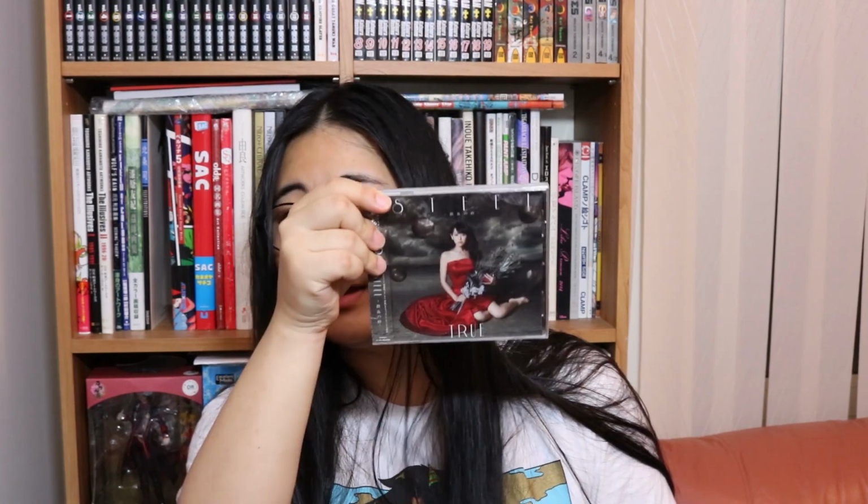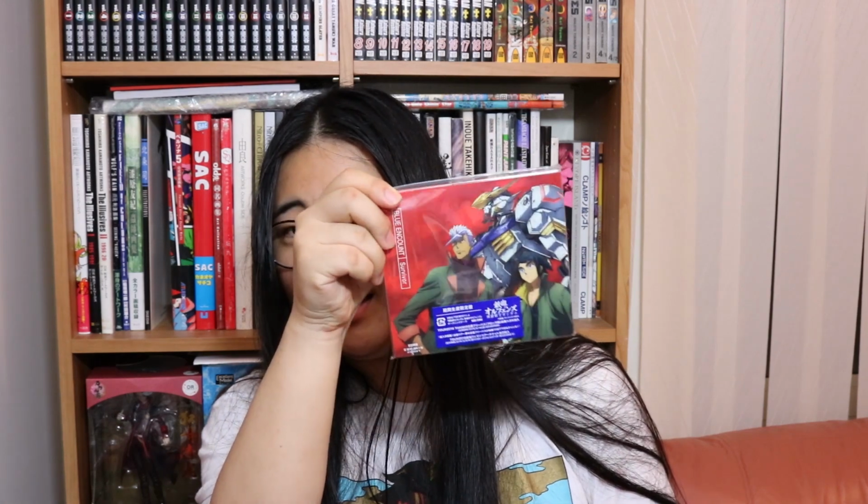Okay, next up I have some miscellaneous stuff. Basically, I collected all of the opening and ending songs on CD. So we have True Steel single with the anime back. I got Blue Encount Survivor in the anime packaging. I got Misa's